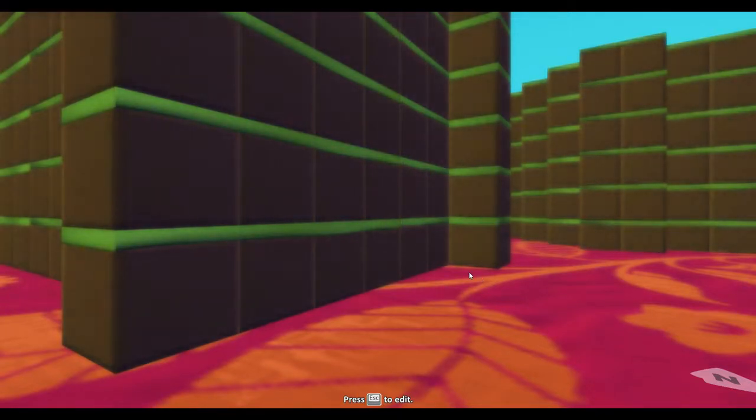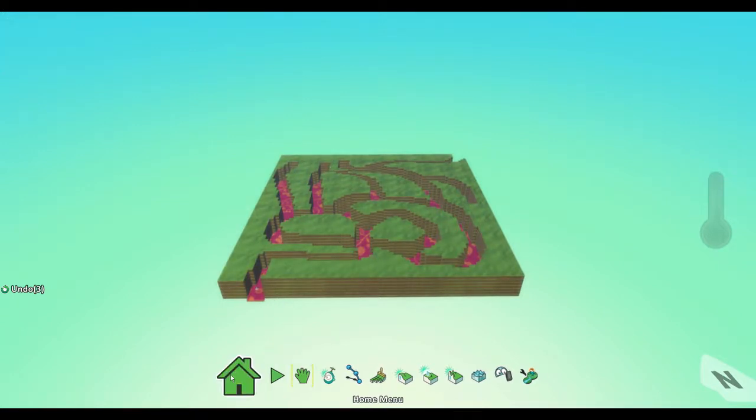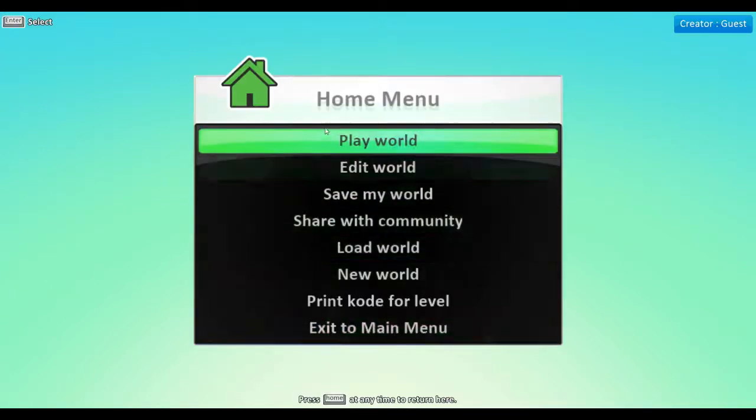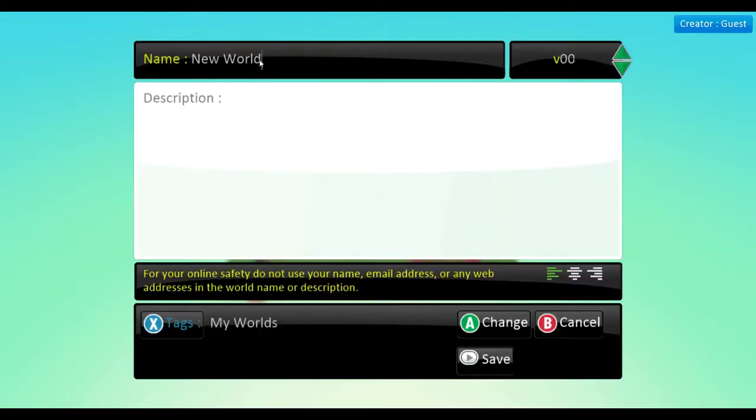I press escape to come out of this. To save it, I need to go to the house, click on the house, and I'm going to say save my world. I'm going to save my world up here. I'm going to call it Maze 1. And that's going to be the first maze that I'm doing. I'm going to call it version 1. And description, just going to put in here,